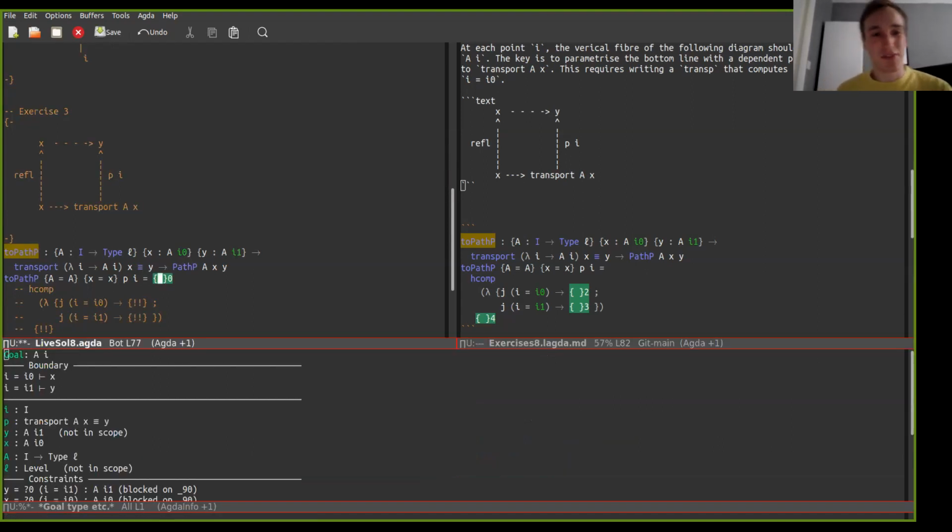Okay, so the boundaries are actually very simple. We want to close this lid here from x to y, and this is the I direction. So if I equals 0, this should just be refl, right? If I equals 1, this should just be, well, this is then the j direction, so p of j. And then the bottom,